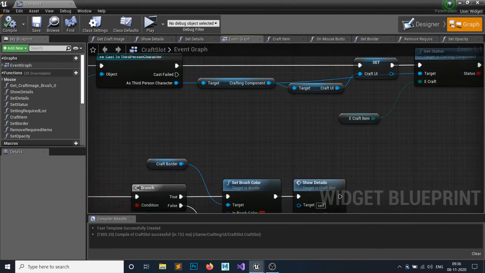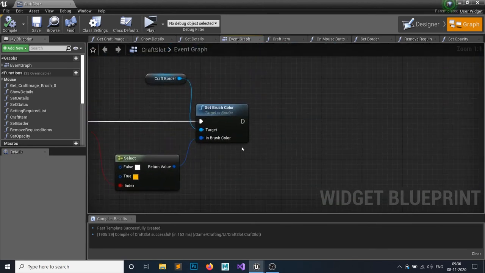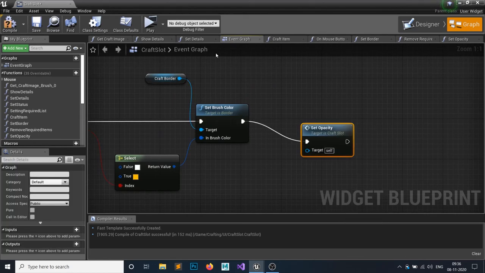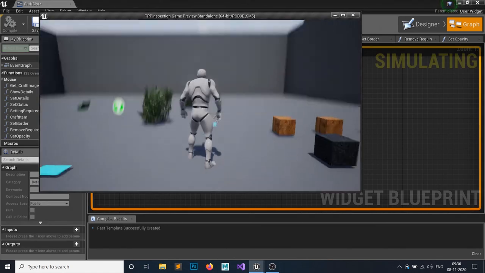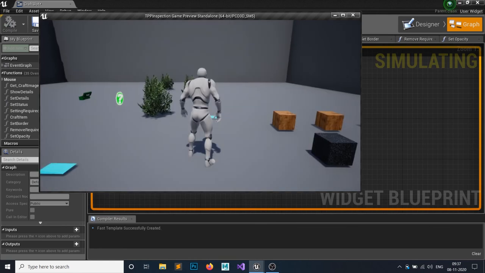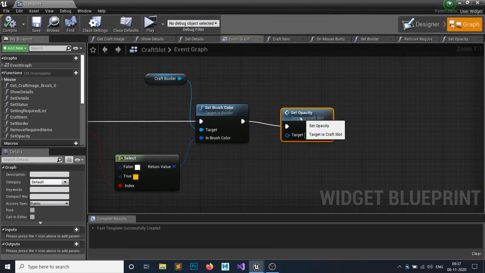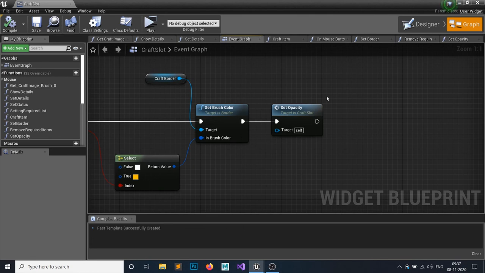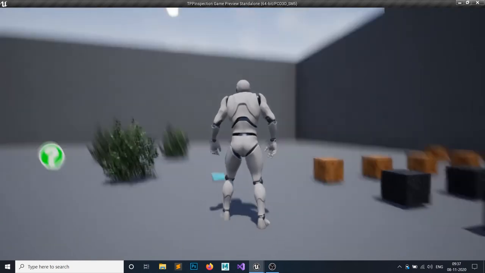So in the event graph on the begin play, I will simply set opacity. So yeah, as you can see, this is 0.7 because it is not available, and the available items are 3. So okay, it is done, and I think we have done all the things till now.